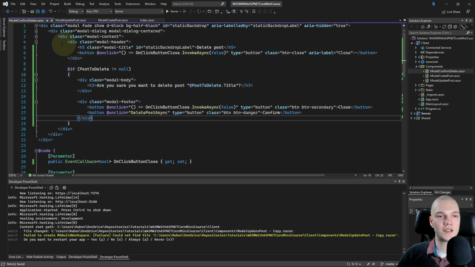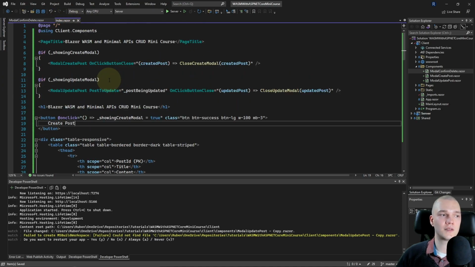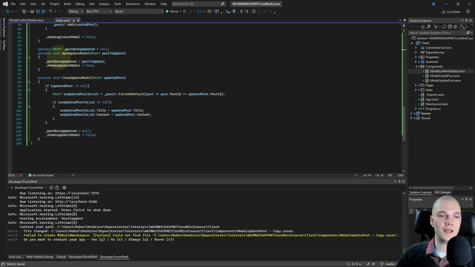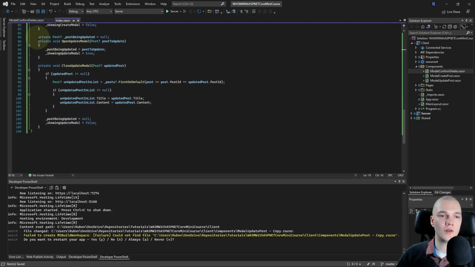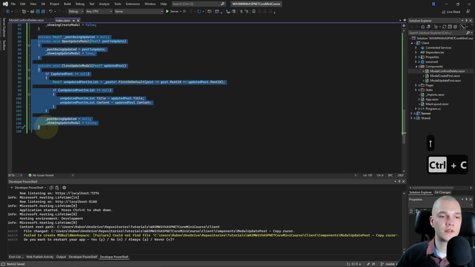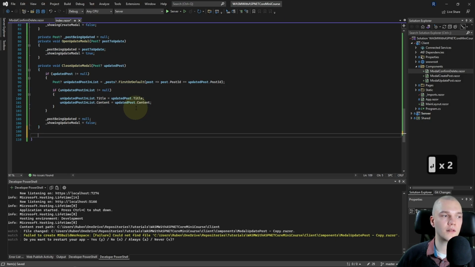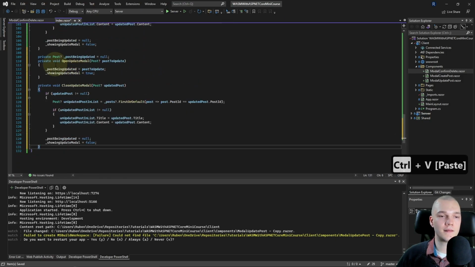Let's now finish this delete feature off in index.razor. And I'll just close the update and create components back in index.razor. I'll start by copying and pasting the open update and close update modal, including the field here. So select that, copy, go down and paste that. And let's use Visual Studio's find and replace features again.